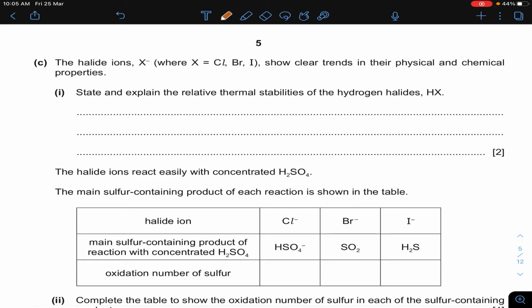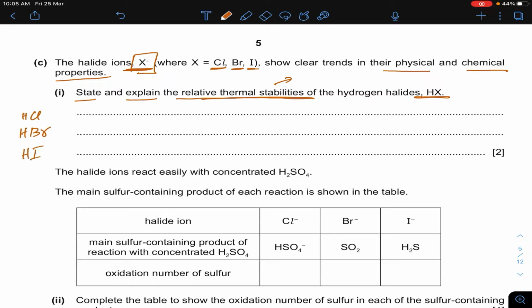Now the next question is about the halides. Halides are generally represented by X. It could be a chloride or bromide or iodide. They show a clear trend in their physical and chemical properties. State and explain the relative thermal stabilities of the hydrogen halides. What we mean by thermal stability is how long they remain stable when heat is applied, right? So we have to discuss the thermal stability of hydrogen halides. For example, we are discussing HCl,